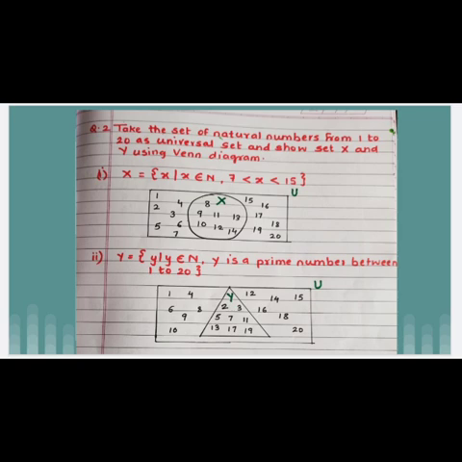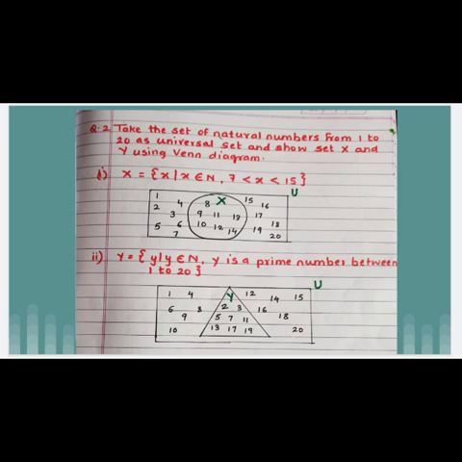Okay. Now here they gave set x, curly bracket, x such that x belongs to N, meaning natural numbers. Okay. And x is greater than 7 and less than 15. That means set x में ऐसे एलिमेंट हैं जो 7 से greater है, मतलब बड़े हैं, and less than 15. So which will be there? 8, 9, 10, 11, 12, 13, 14. Correct? So here all the elements are represented in the circle.